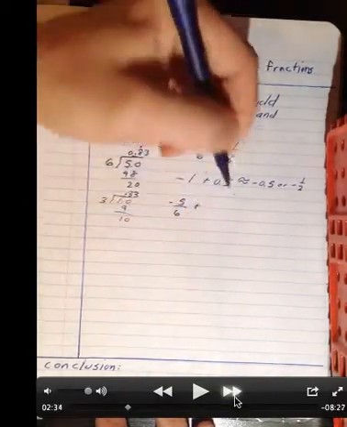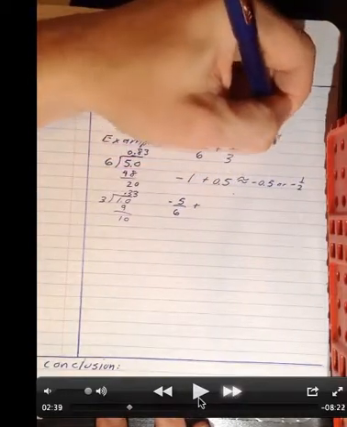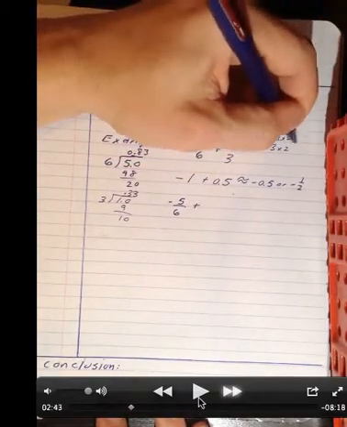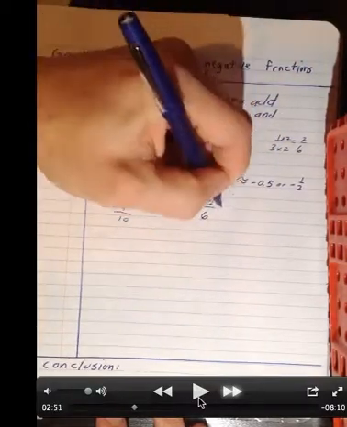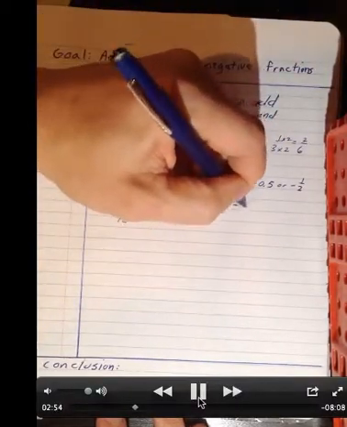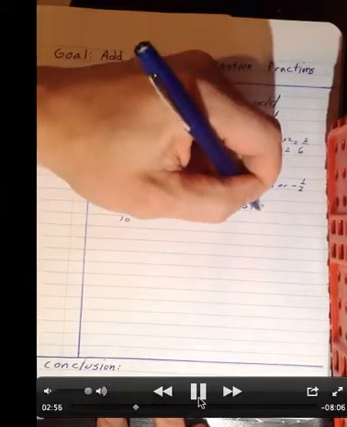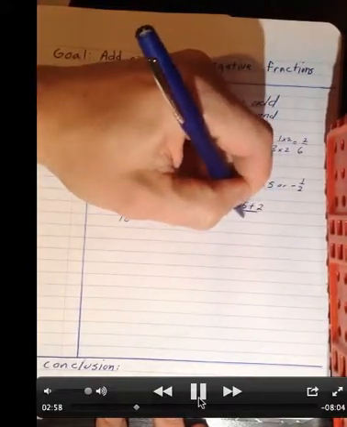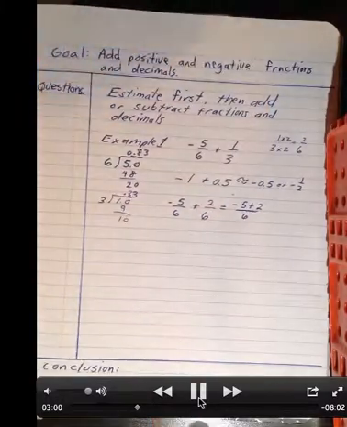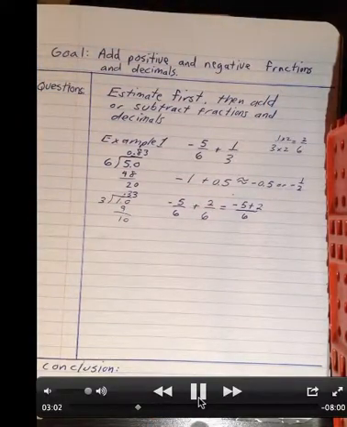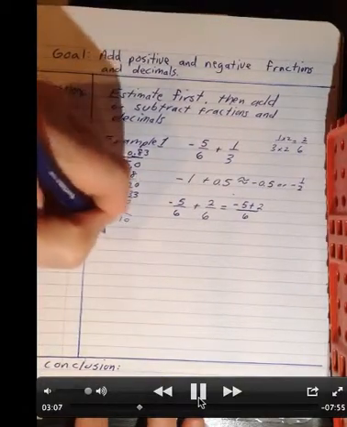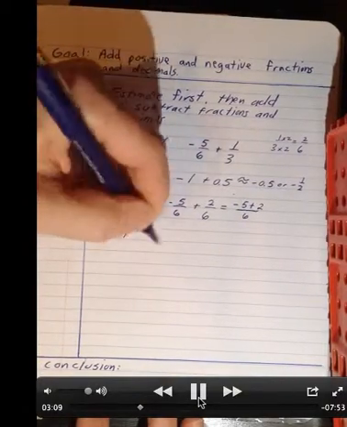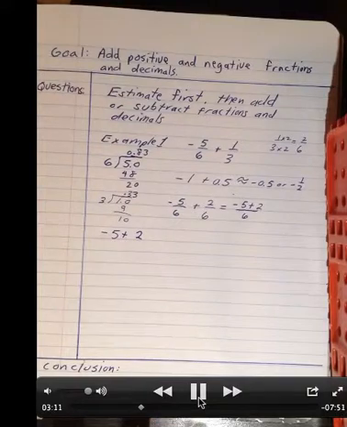So negative 5/6 plus 1/3, we're going to need a common denominator. So that's going to be 6. What you see me doing there is changing 1/3 to 2/6. So now I add negative 5 plus 2, and this is going to have a denominator of 6. To add negative 5 to 2, I have to use the addition of integer rules. Negative 5 plus 2